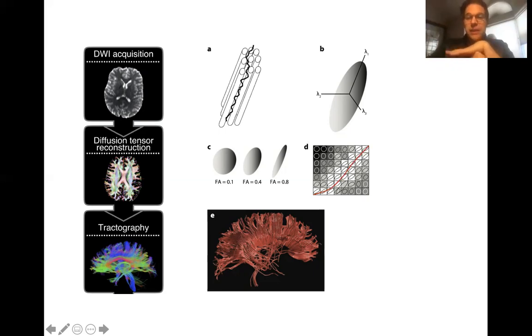And a lot of that work was done in Japan in the 80s and 90s. Now the cool thing is with this technique, the person doesn't have to die for us to be able to look at what these fiber bundles look like. So we can not only look at these fiber bundles in live adults, but we can also look at them in kids and compare kids to adults, and all the different kinds of interesting questions you would want to ask with living humans. So this sort of map of all of these different fiber bundles and where